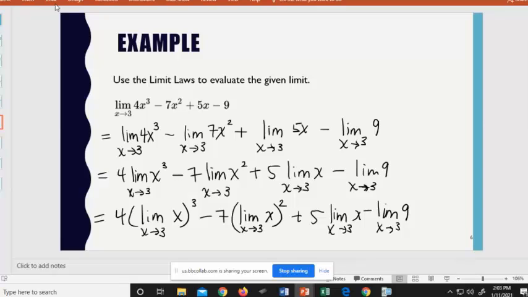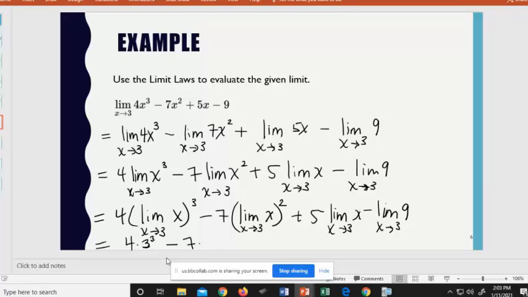Okay, I think we're ready to evaluate. So this first one, the limit of x as x approaches 3, we're going to work from the inside out. We just get 3, right? The limit of x as x approaches 3 is 3. And then we cube it. And then we multiply by 4. So I'll write it like this. This is 4 times 3 cubed right now,